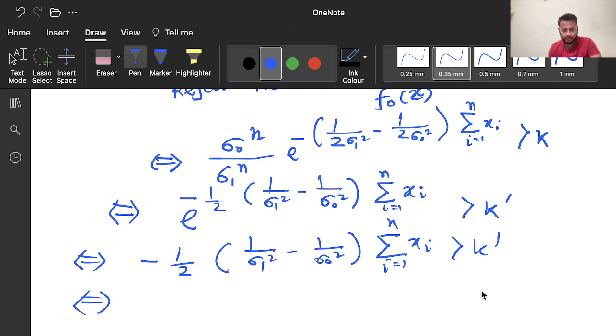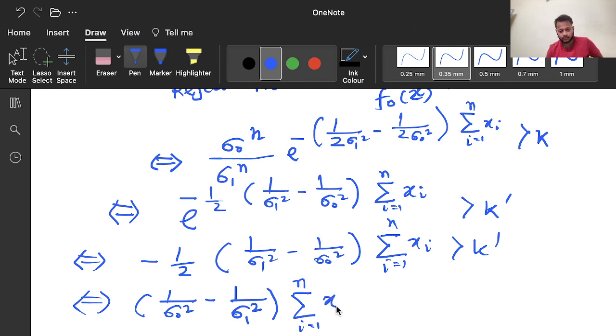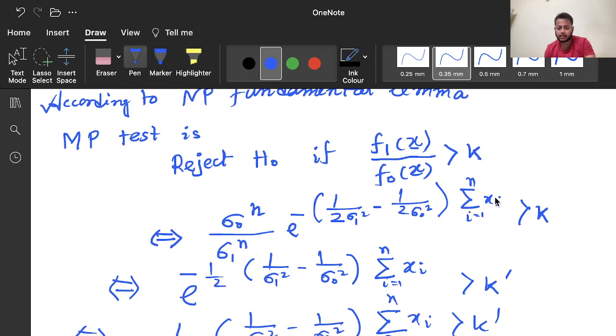And this half is again a constant, we can adjust it here, so you will get 1 by sigma 0 square minus 1 by sigma 1 square, summation of i equal to 1 to n xi greater than 2 k prime. Now you see xi square, I think this is xi square,